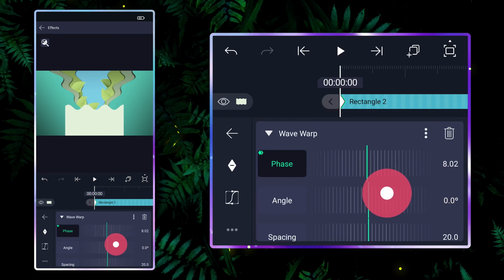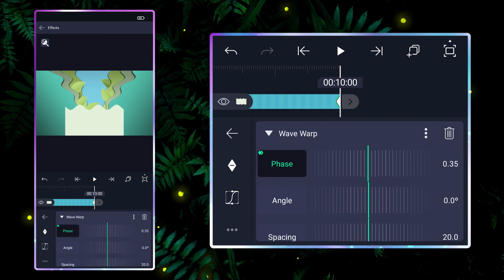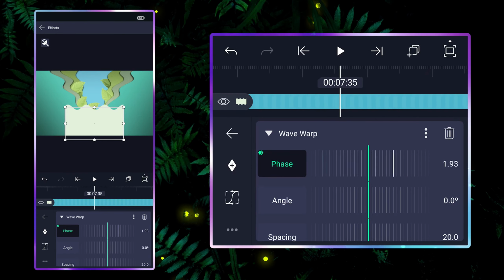Adjust other values a little and duplicate this layer for multiple times and change their location, scale and colors also.